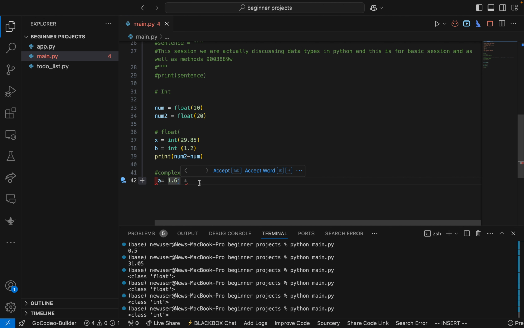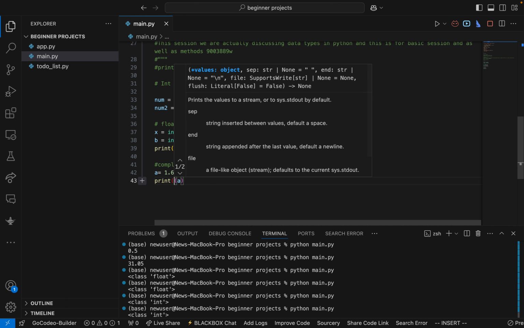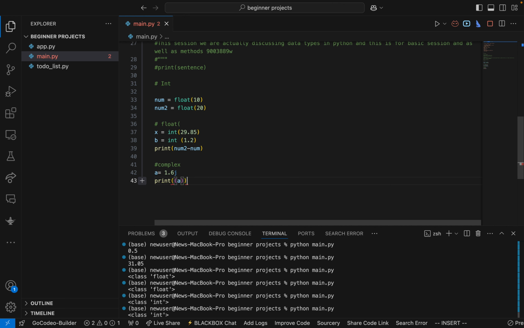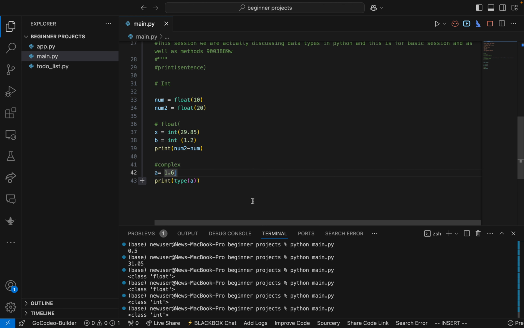This is an example of a complex number in this instance. What we're talking about is a number that also has a bit of alphabet behind it. So if you print the type of this,